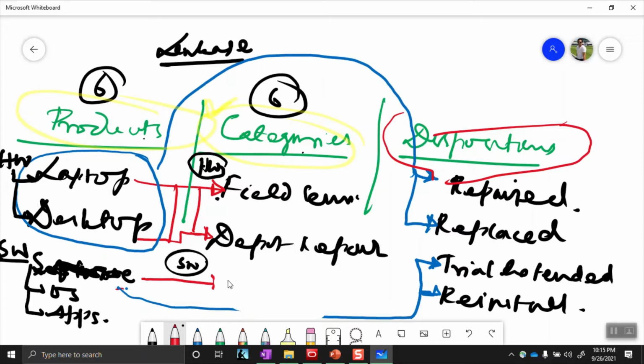So there are two types of categories. Let's say sale, and another one is fix. So it is basically like, let's say, trial version. So they are selling it, and fix is basically like if the software is not working, then you have to fix it. Okay.